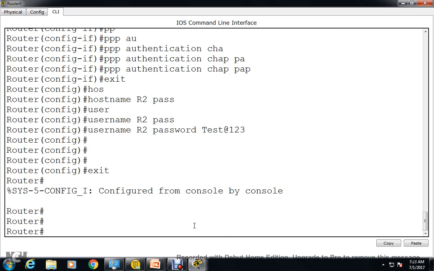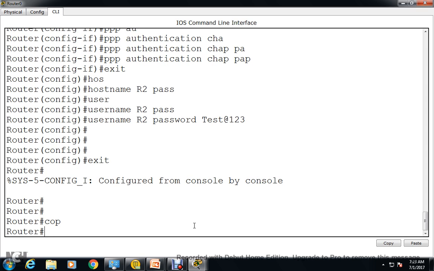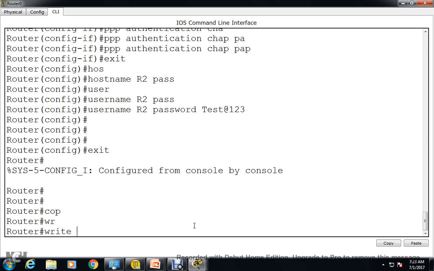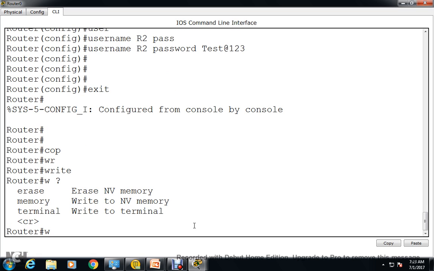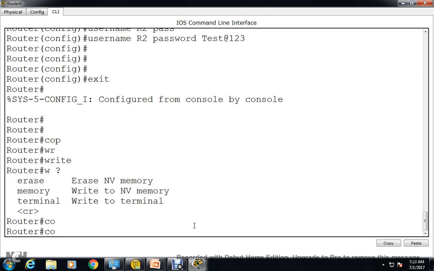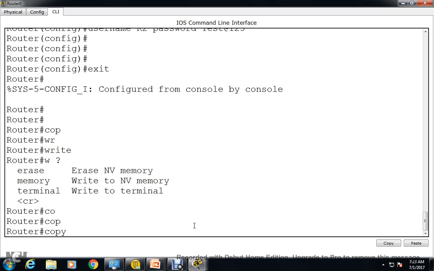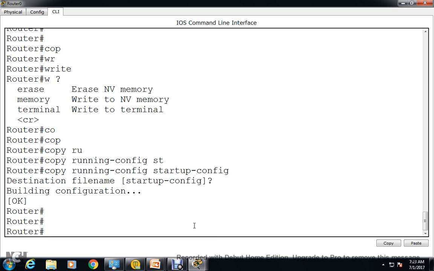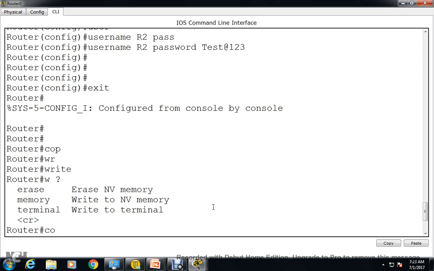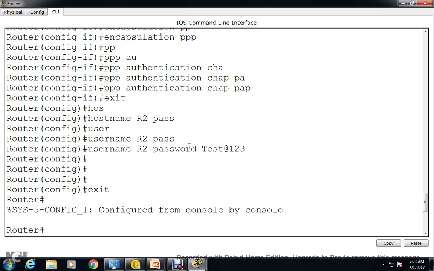You can exit from here and save your configuration. Wait, wr. What I did, w and question mark, copy running-config startup-config and save it. So you can save your configuration, and we have done the same thing on both the routers, and I hope